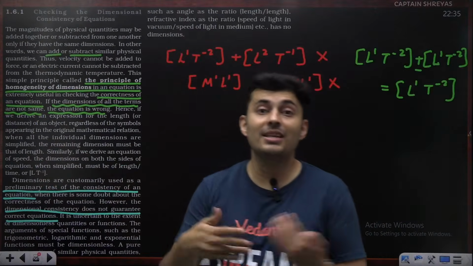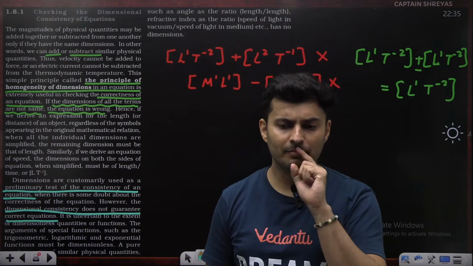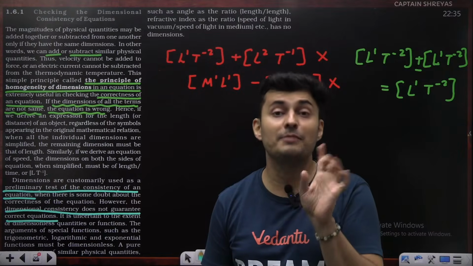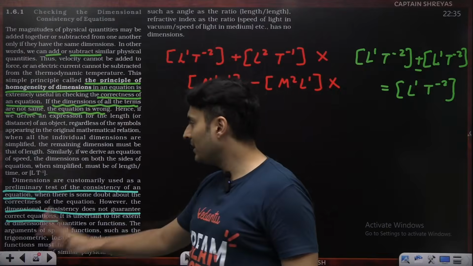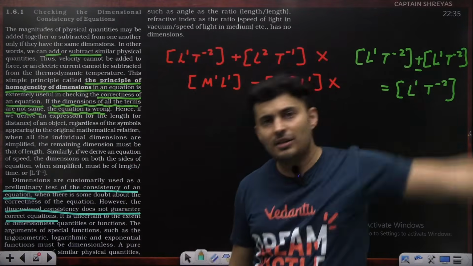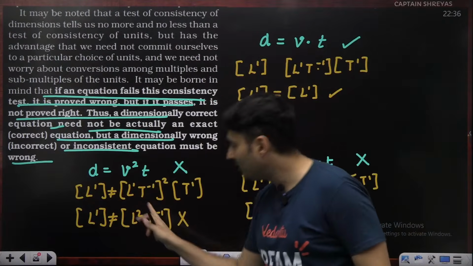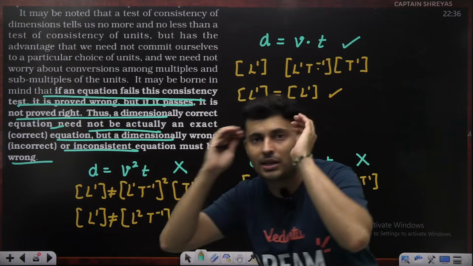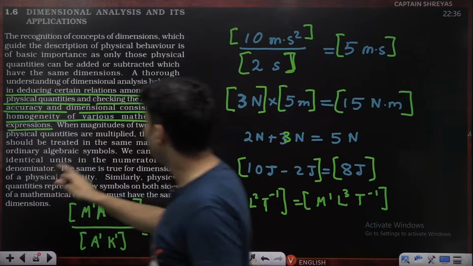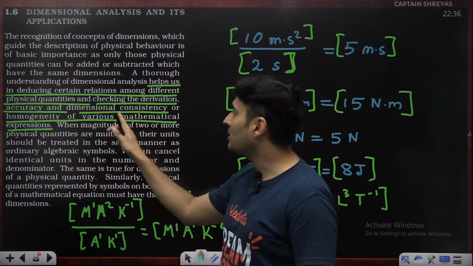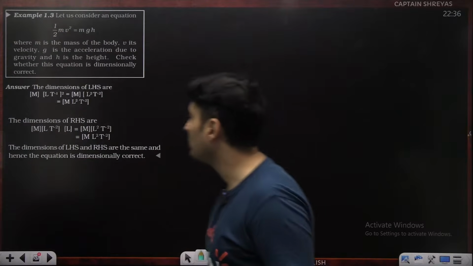Like in investigations, the doctor will first check the blood report, blood sample. Okay, he has got this disease, maybe. This is like a small test the doctor conducted. Maybe the equation is correct. But if the test result is negative, 100% this is not possible. If dimensionally only it failed, this equation can never ever be true, even in a dream. So this is the first application: dimensional consistency or homogeneity of various mathematical terms. That is what it means.